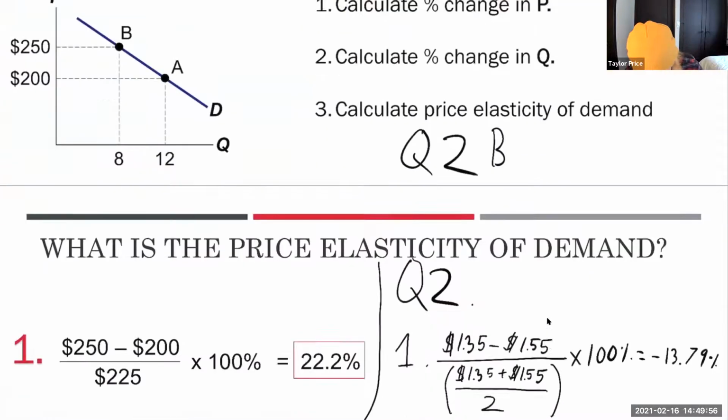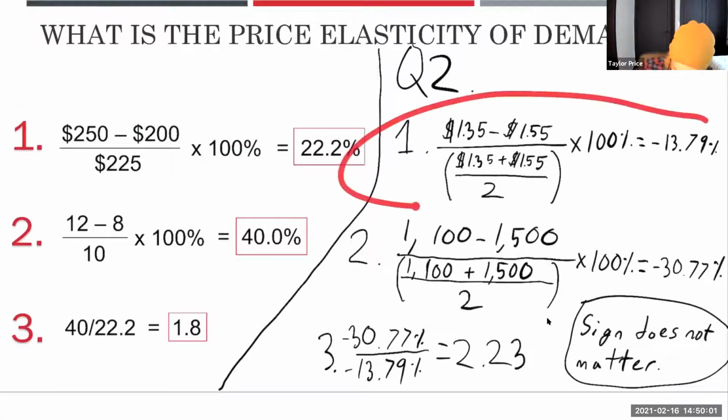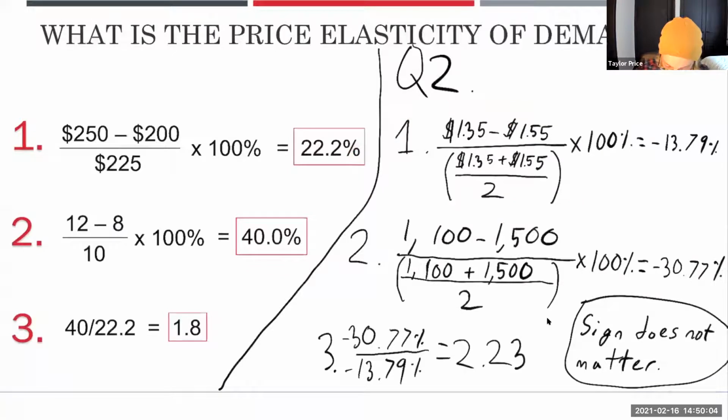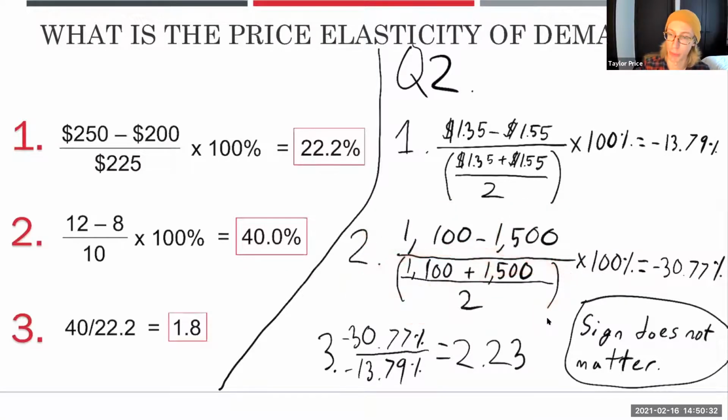Okay, so we have first the price. So we can see we're going to take the 1.35, subtract 1.55, then we're going to take the 1.35 plus the 1.55 divided by 2, multiply that by 100 to get the percent for price. Then we're going to do the same thing for quantity here. So we're just going to take the quantity start, quantity end, add those two together, divide them by 2 on the bottom, multiply them by 100, and we get negative